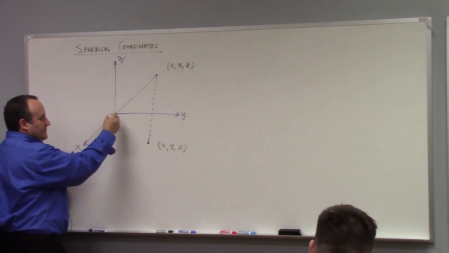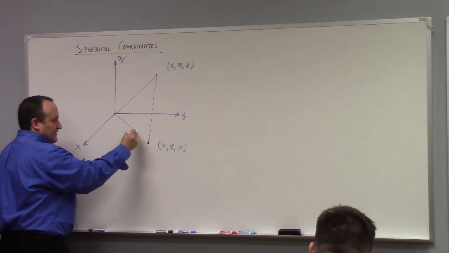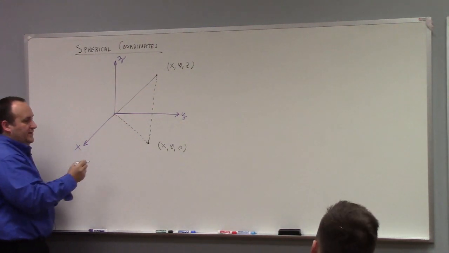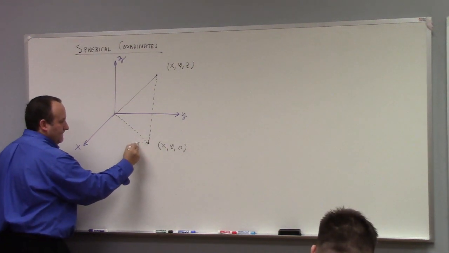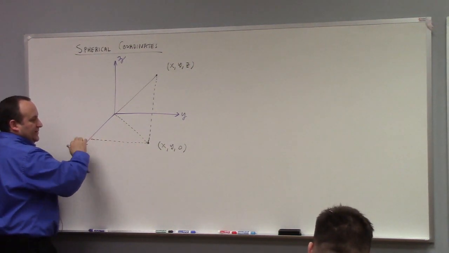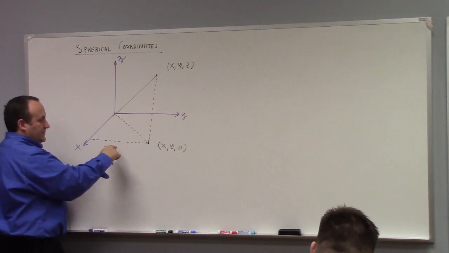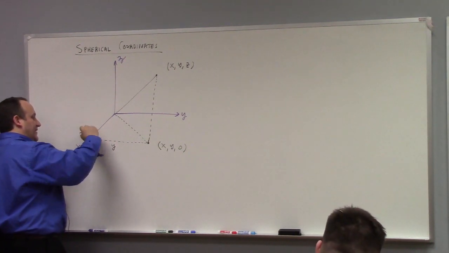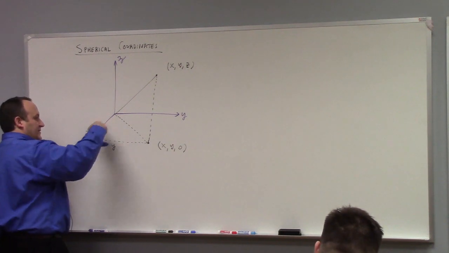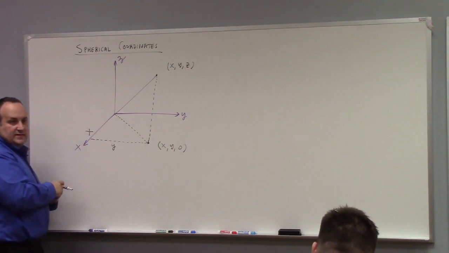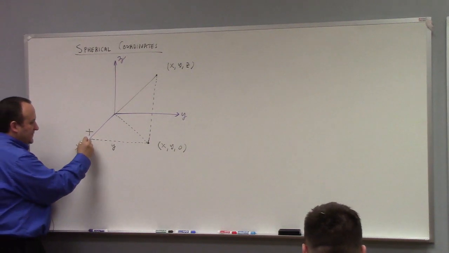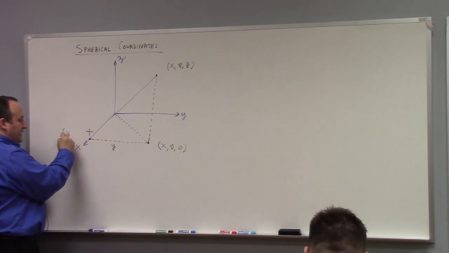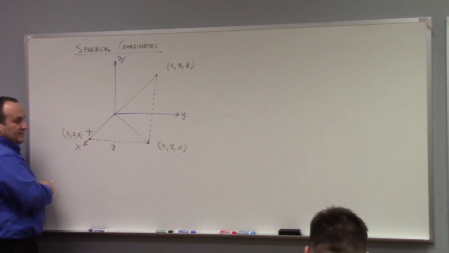And then you can draw this line like that, and you can project back to here. That's supposed to be parallel to the y-axis, right? So this right here would be y. This right here would be x. This distance there. I mean, this point specifically would be x, 0, 0.